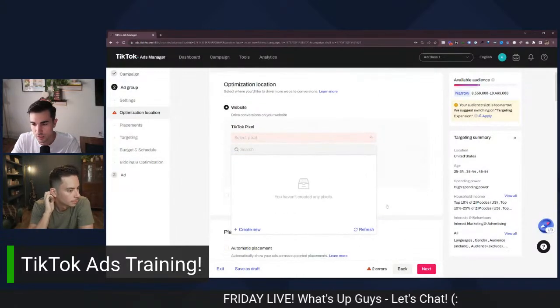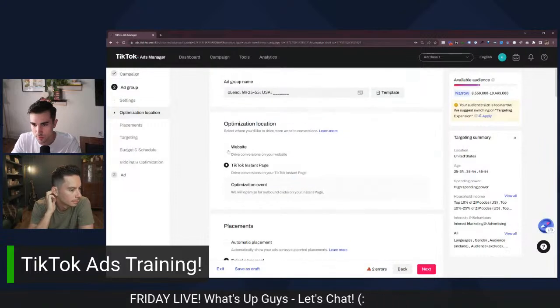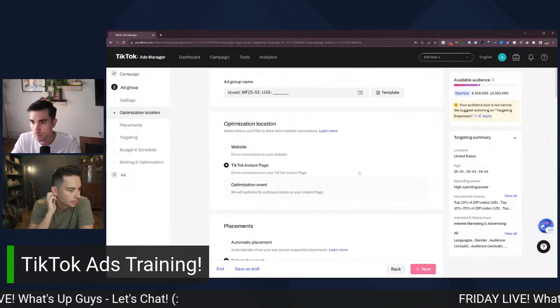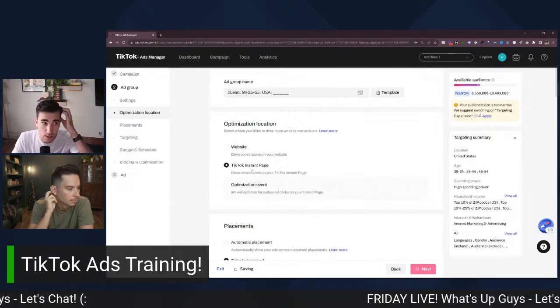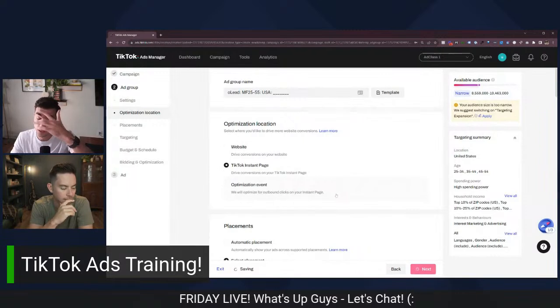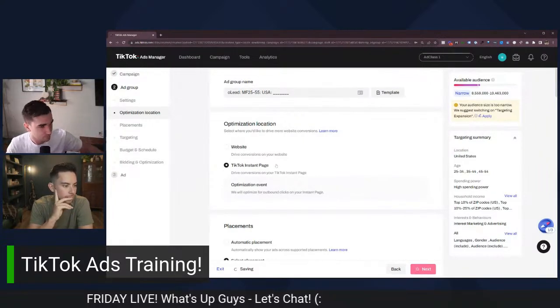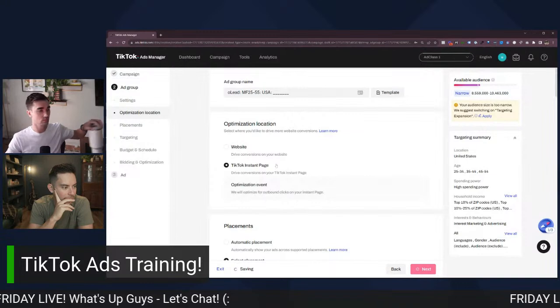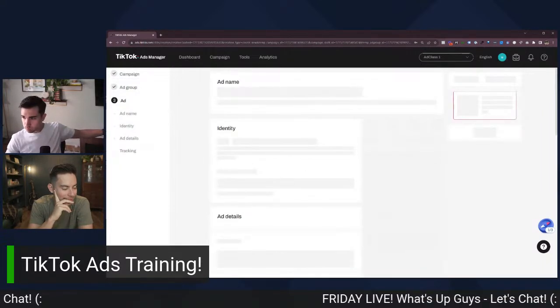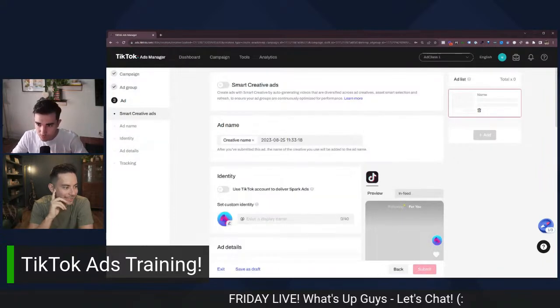It's going to give me this error because I don't have a pixel. So I'm just going to choose something that makes it not give me an error for now. But we do want that pixel targeting there. All right, it's loading the next page now, which is the ad level. Cool. So while it's loading, what's on the ad level? Oh, there we go. It's on the ad level.